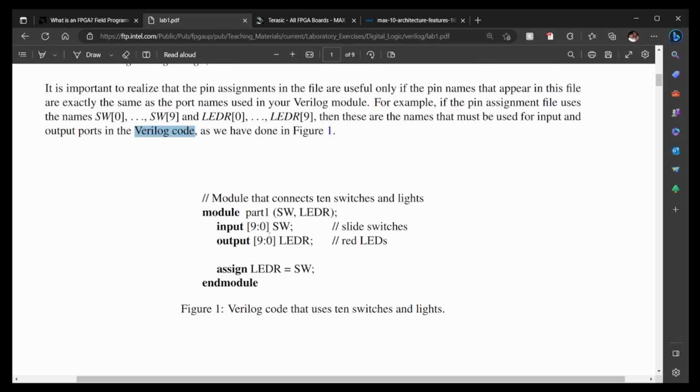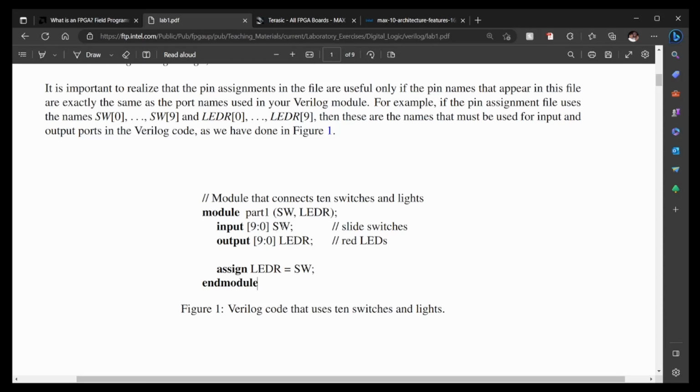I really will not be writing the code, nor will I be explaining the details of how Verilog works. However, I'll simply copy this code as you have it in here, because for this part one, there really is not much. It's to get used to the environment and get used to how to write your programs. Suffice it to say, however, that this Verilog code tells us that we're creating a module. In VHDL, they are called entities, but in Verilog, they are called modules. We are creating a module that has